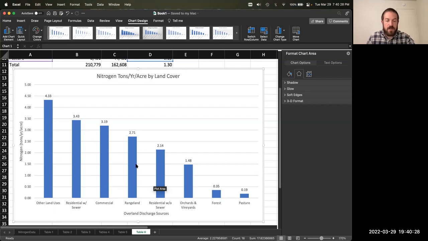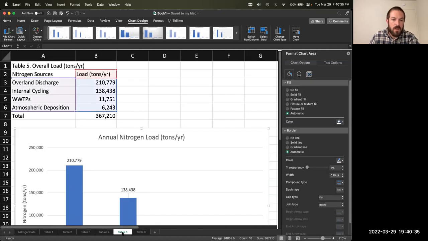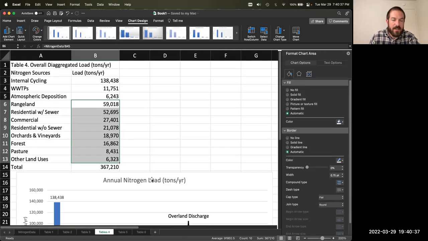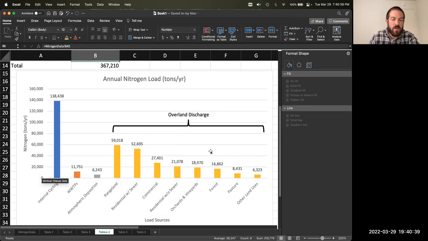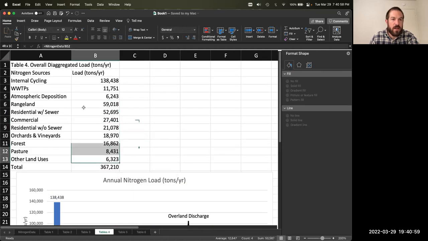Now, for those of you who want to get a little more advanced, you can do something called a stacked bar chart. And that would be appropriate for a category like this, or a situation like this, where one of these categories here is actually made up of multiple sources. Okay. So if we were to do that,